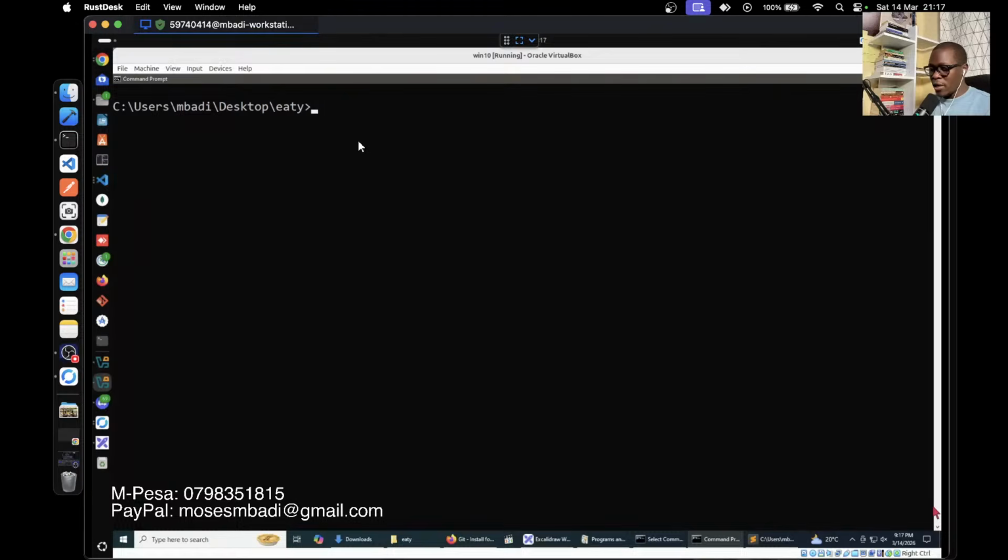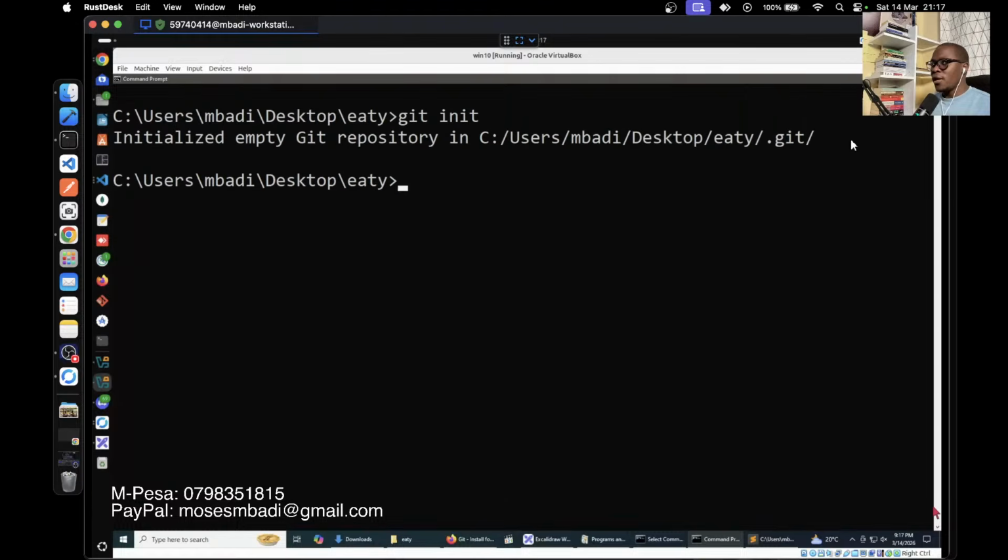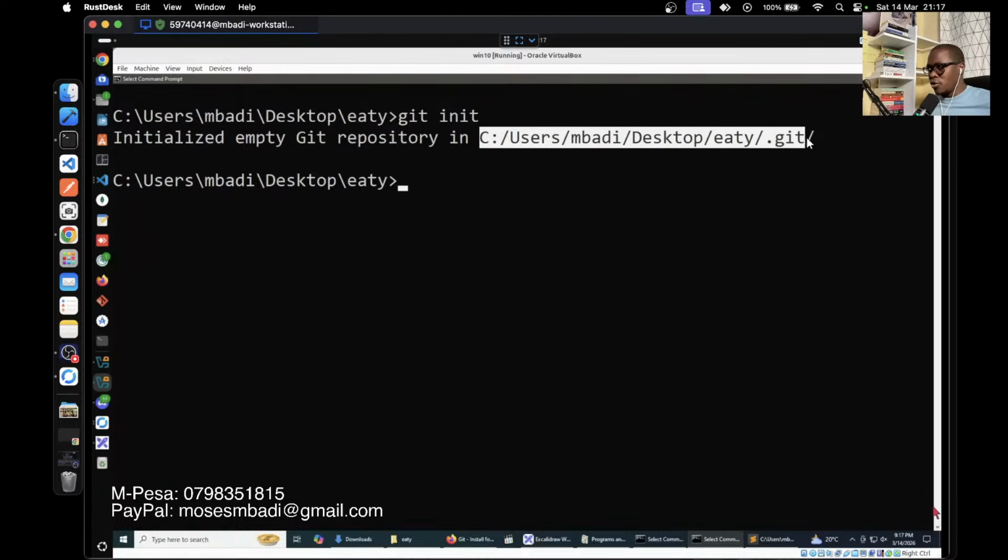You type the command git init, and just like that, don't do anything else. So we'll hit enter. Let me zoom in, and Git is telling us that Git has initialized an empty Git repository at C:\Users\Desktop\ET\.git. So if we open our project again,